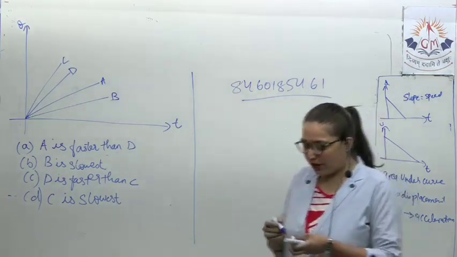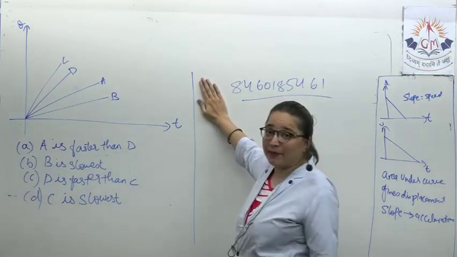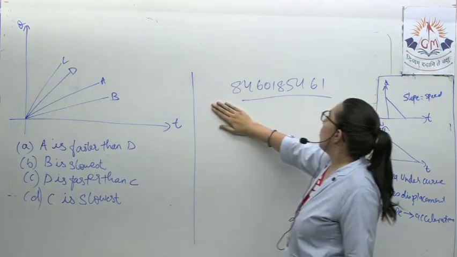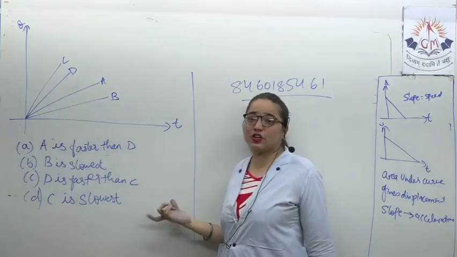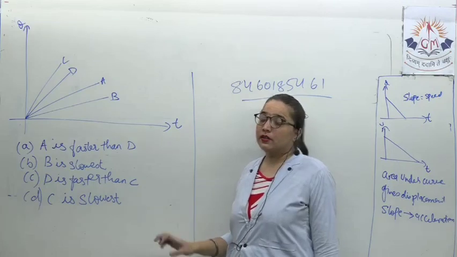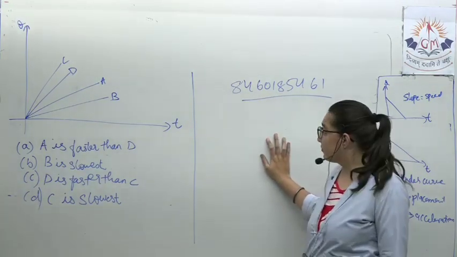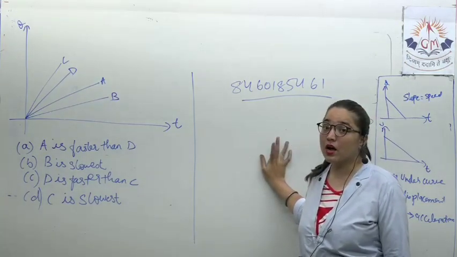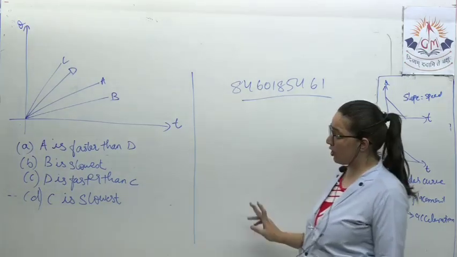It's mentioned already in the diary, your almanac, and even in the letter that was given to you. So on this number you can WhatsApp the correct answer right now, if at all you are getting any answer. Any idea? 30 seconds are over, so I am going to solve it.